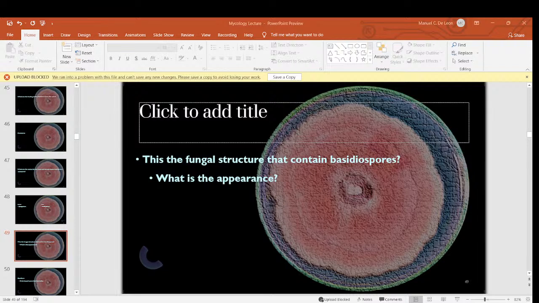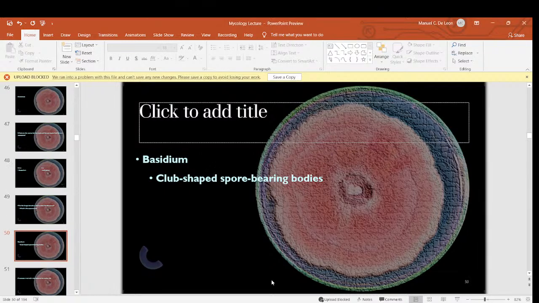Anybody? So we have ascus for ascospores, and for basidiospores, what is it? Basidus? No, it's basidium. All right. Basidium are club-shaped spore-bearing bodies, and they're often seen in the microscope as such. I didn't show a picture of that one because